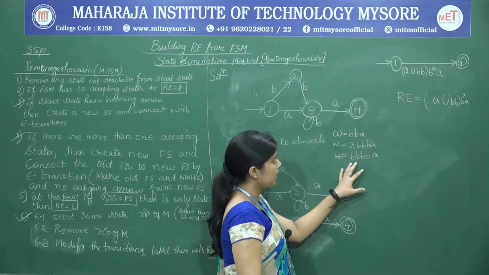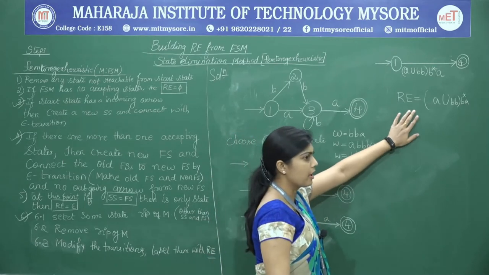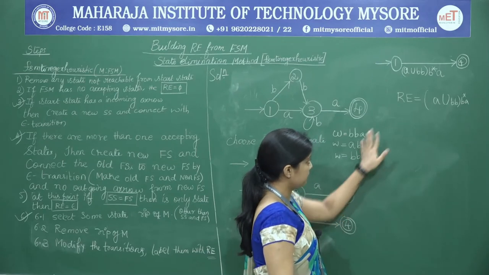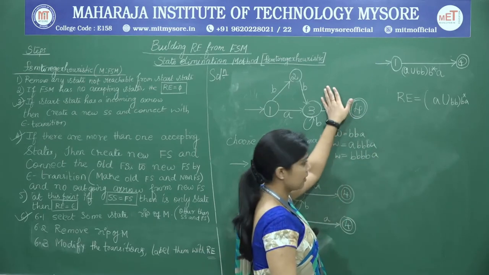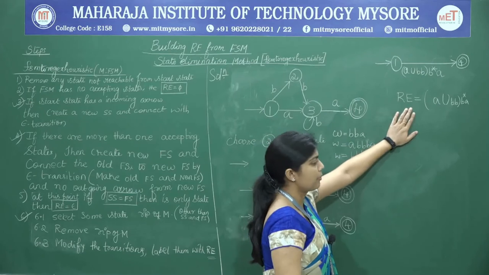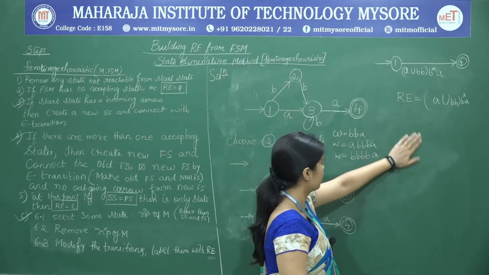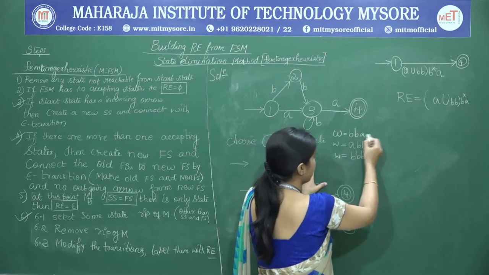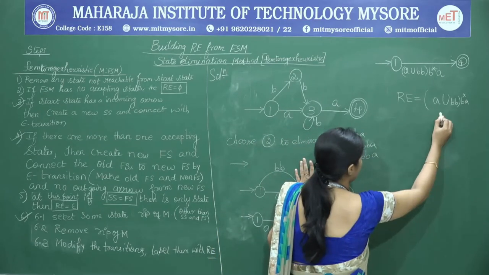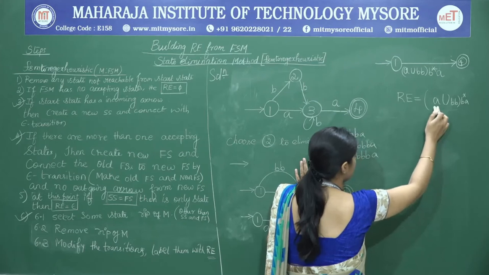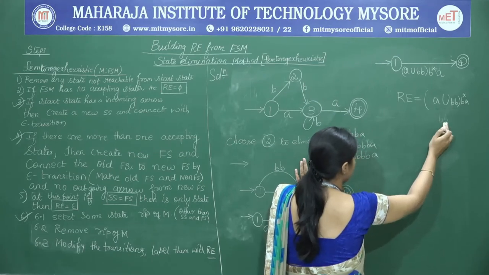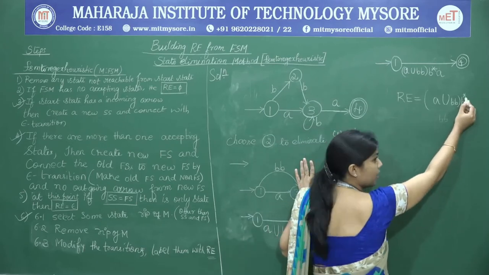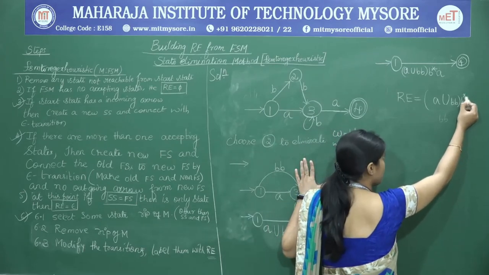So we will see if the same thing can be accepted by the regular expression that we have framed, because the set of strings is represented as an automata here, and here it is represented as a regular expression. So we will take up the first string. So that is nothing but B, B and A. So from this I am choosing BB, because I can choose either A or BB. So I am choosing BB. Next, it should be followed by an A. So for this B star, we are putting the power of 0.